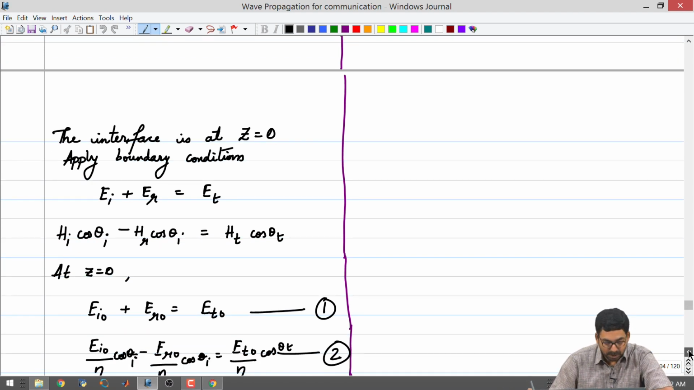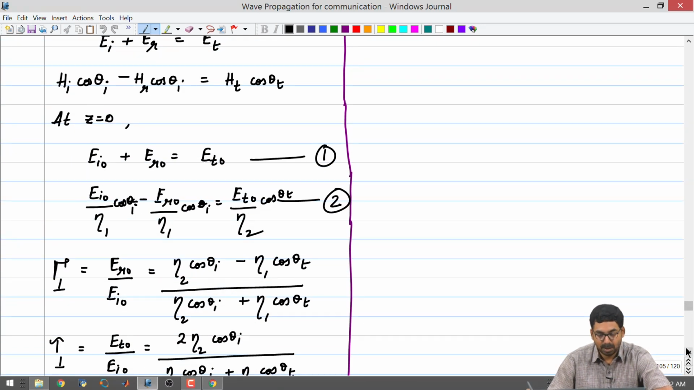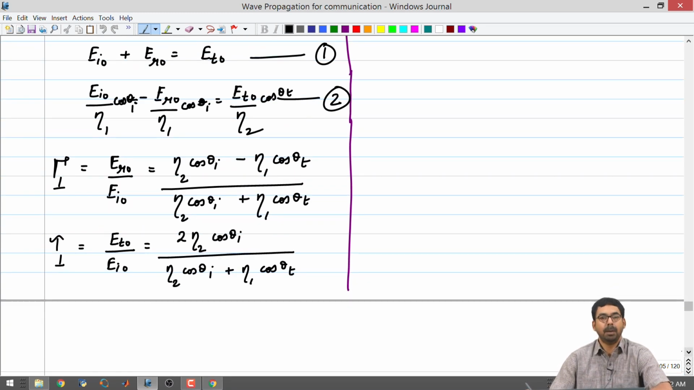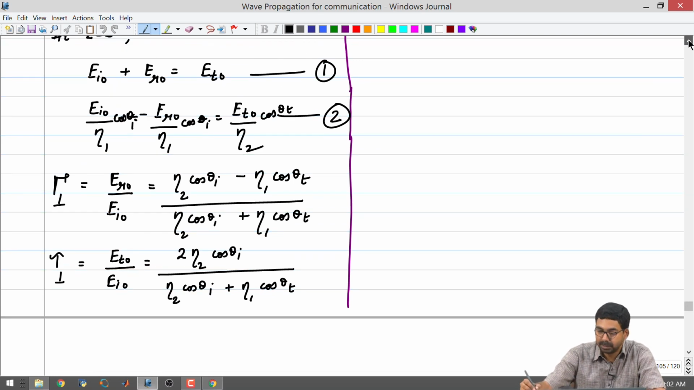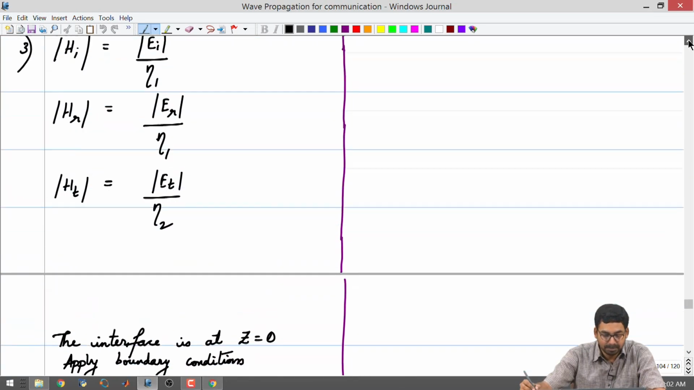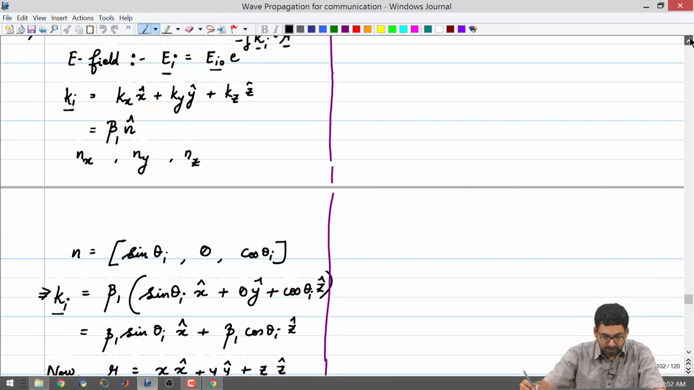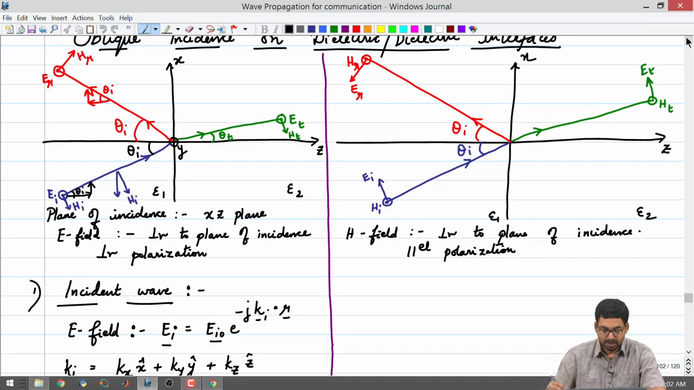Once we had the two equations, we solved the two simultaneous equations for gamma and tau. That is where we stopped. In this class we will go over the other polarization also, and then we will try to make some inferences from these two derivations. So, we will get started with